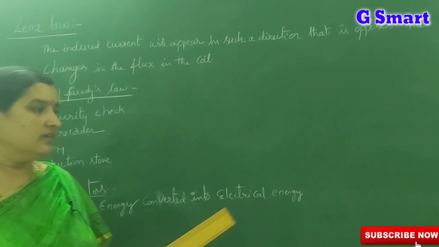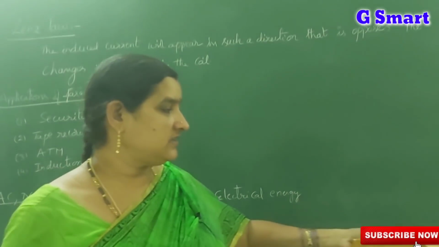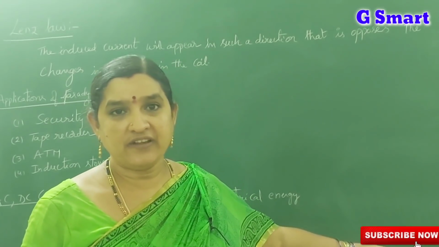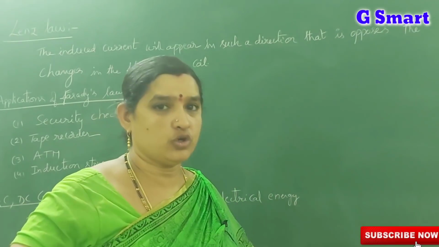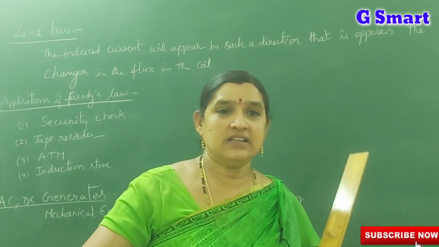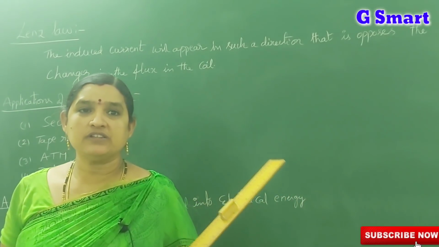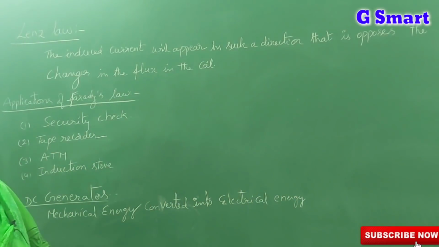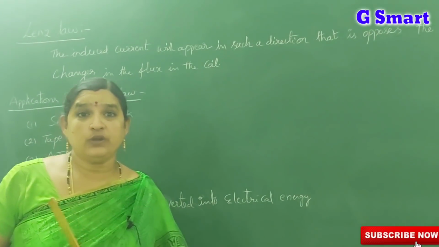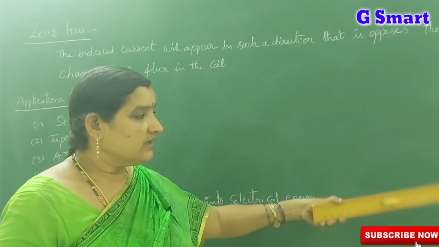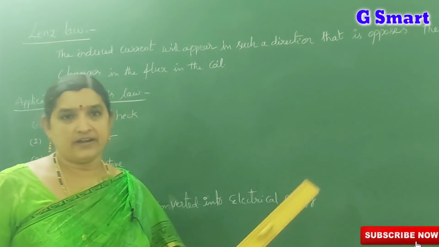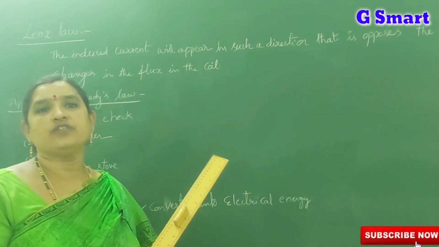Next. We already know that in Faraday's law there is a change in magnetic flux in a short time. The shorter the time we take, the more flux change you will get, and the generated induced EMF will also become more. Then what is the direction of that induced current? The induced current is generated according to Faraday's law.